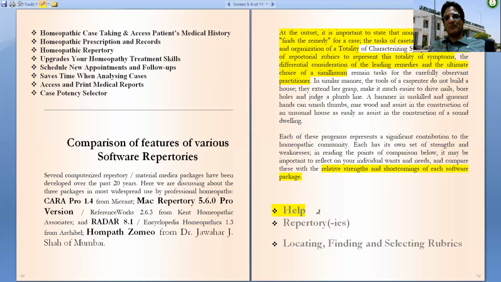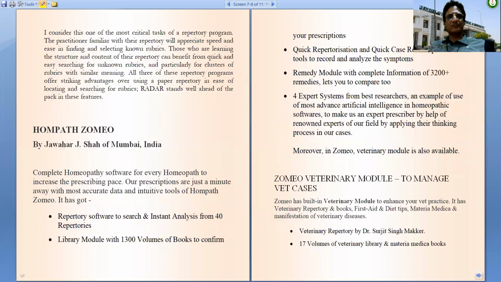We have discussed the help feature and the repertories they contain in the last lectures. Now today we are going to discuss locating, finding, selecting rubrics in different software repertories.